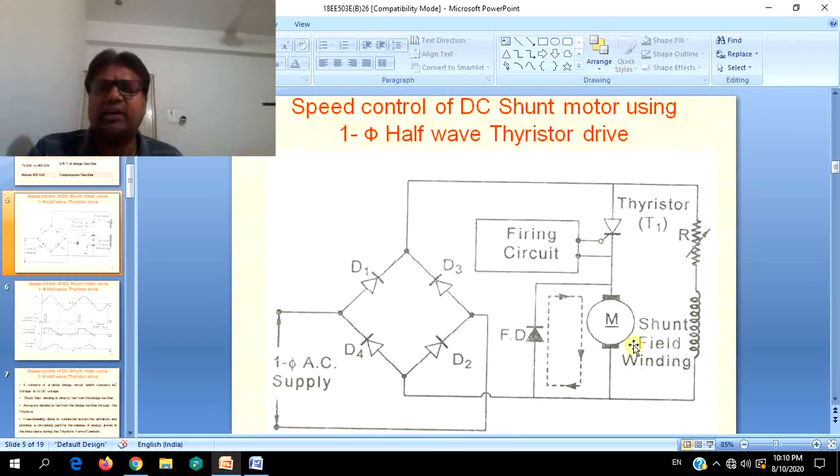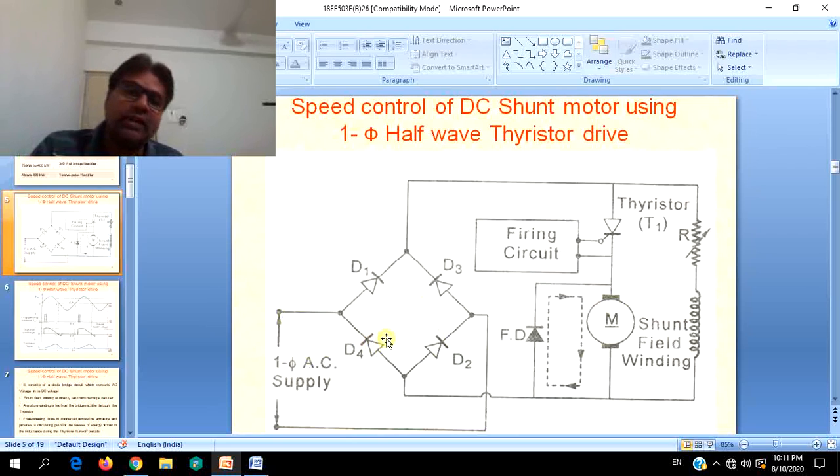In most cases, we will confine our discussions to armature control only, that is armature voltage control or rheostatic control. In this case, we will not be using any rheostats or variable resistances. Simply, we will be using SCRs in series with the armature. Then how will we vary that voltage? It is obvious that by changing the conduction times of the SCR, we can control the total average output voltage fed to the armature in a given half cycle. So there comes the simplest case.